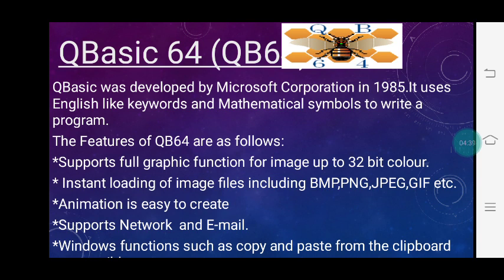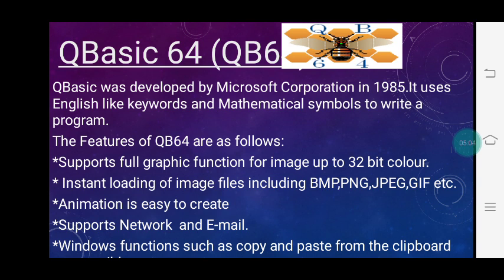Now, QB64 runs on all commonly used operating systems like Windows XP, Vista, Windows 8, Windows 10, Linux, Mac. So, all these are the operating systems. It has many new features such as stereo sound and improved graphic.